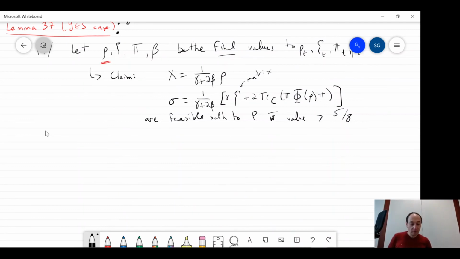So, what do we need to verify here? I have to verify two things. Number one, that this is a feasible solution to the primal STP, and second, that it has a good optimal value. So exercise 38